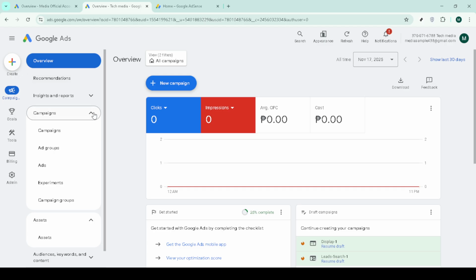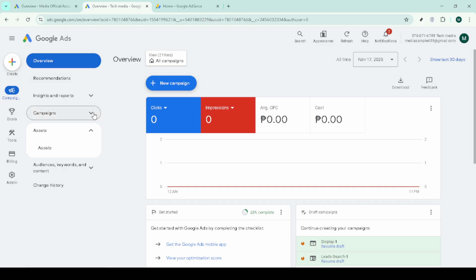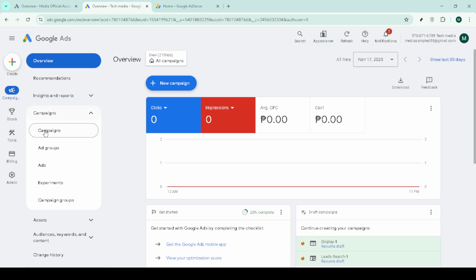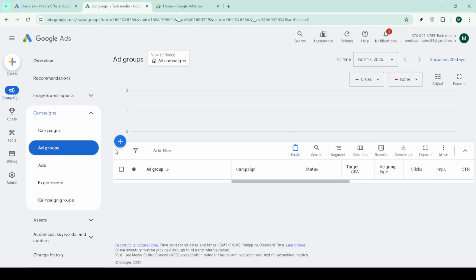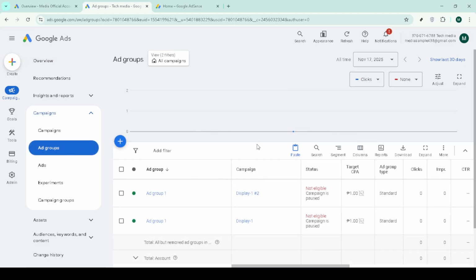With the Campaigns page open, you'll next want to locate and click on the specific campaign you're interested in editing. This will bring up all the details associated with that particular campaign, including different ad groups within it. Navigate to the section labeled Ad Groups. This section is crucial as it organizes your ads based on shared settings and common themes, allowing for more targeted